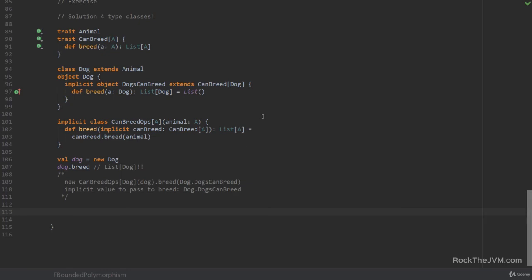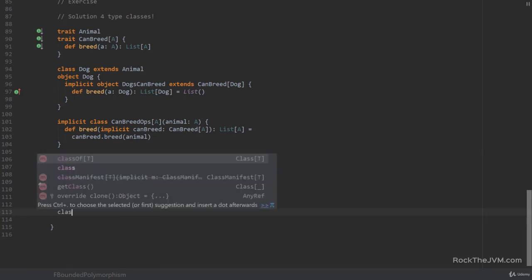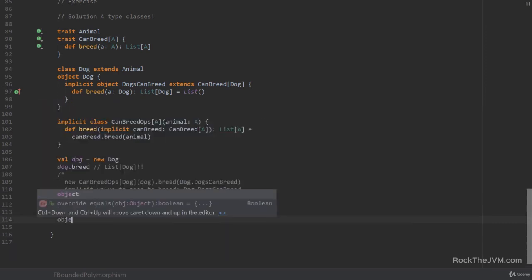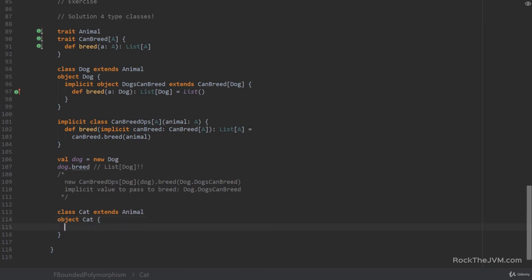Well, let's try to write some bad code, saying, for example, class Cat extends Animal, and again an object Cat, and let's define our type class instance in a wrong way, saying implicit object CatsCanBreed extends CanBreed[Dog].